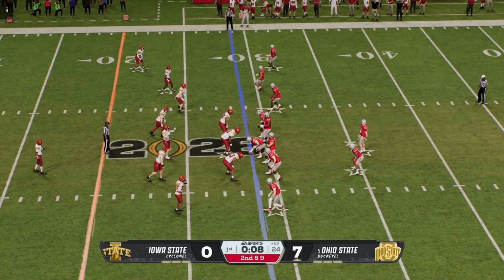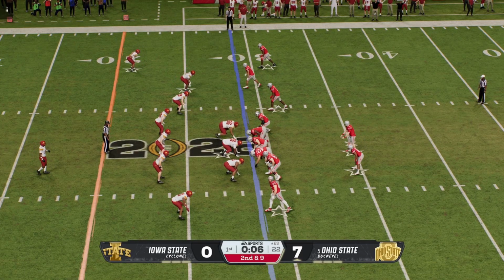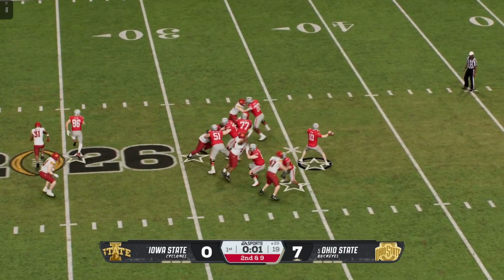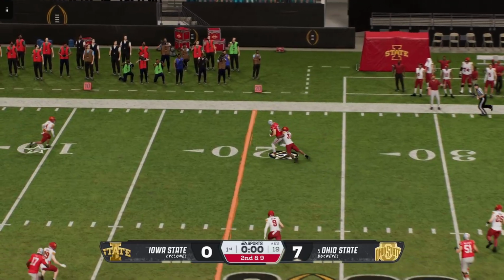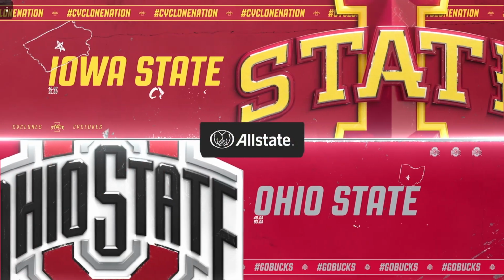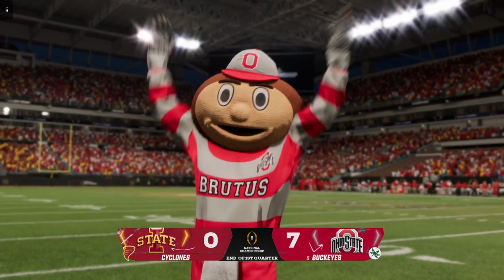Offense coming to the line. They might have a chance for a couple more plays before we reach the end of the quarter. Quarterback looking to pass here on second down. It's a short completion to the big tight end. Defense makes the tackle here on the final play of the first quarter.